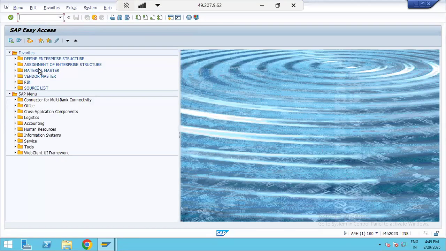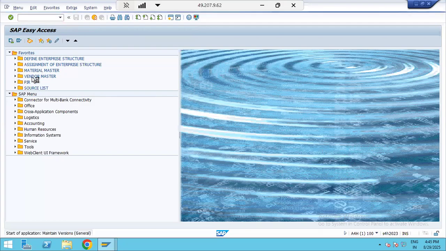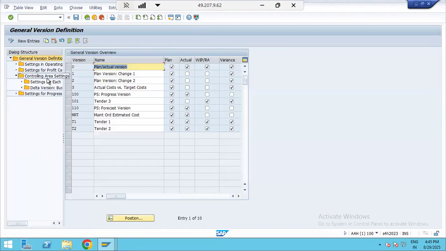Now in our next step, we need to maintain the versions for OKEQ. In the previous step, we have just created number ranges for that controlling documents. In this step,